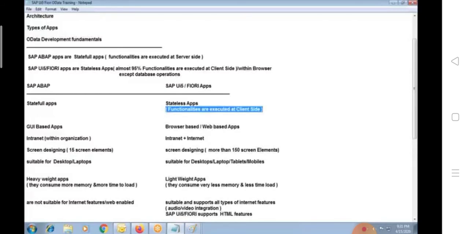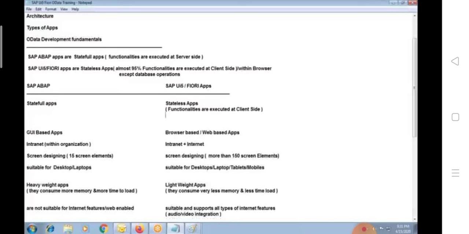How is that possible? We make sure that 95% of the functionalities are executed at the client side. That's the reason why we call it stateless. This is possible just because SAP UI5 Fiori supports JavaScripting, so we can make sure that our functionalities are purely client side. That's the reason why we can also call them stateless apps.